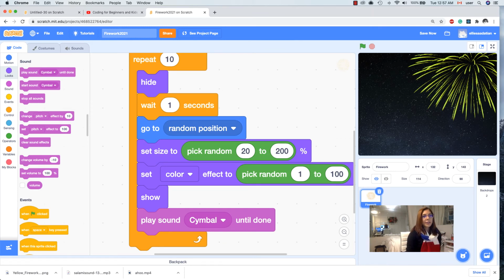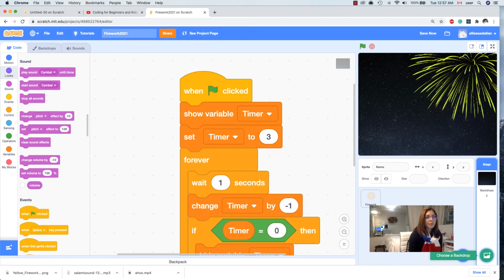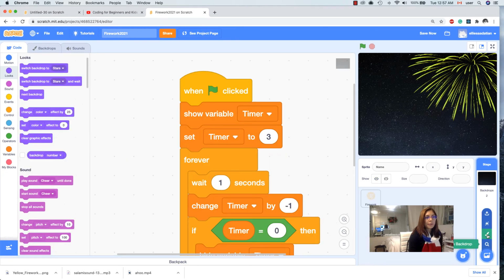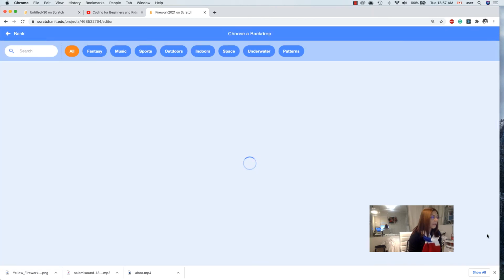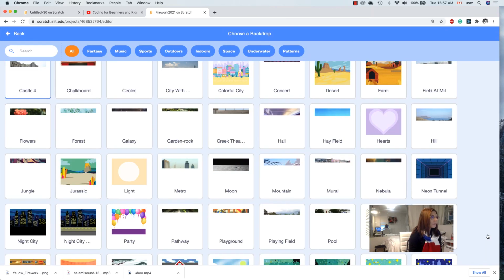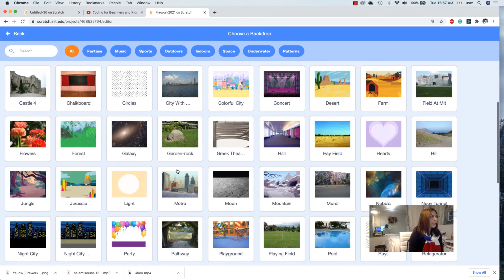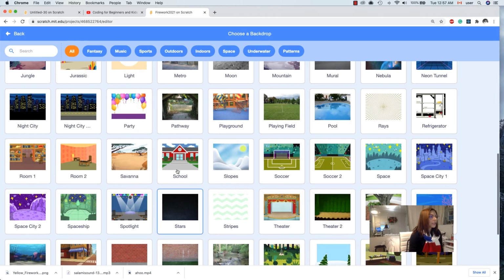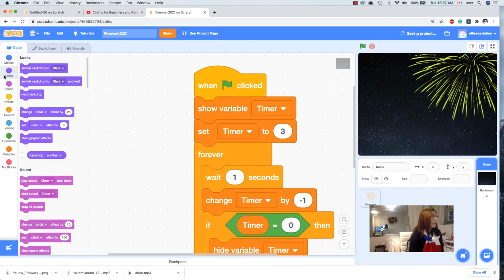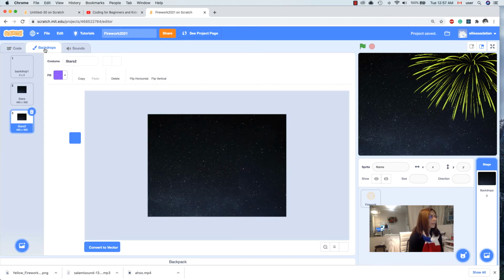All right, one last step is that we want to show Happy New Year after the 10 fireworks are done. So I can do that using backdrop. So I go to the backdrops again, and I choose backdrop of the same backdrop again, which was stars. And then I go to my backdrops. I have two stars now, so I choose the second one